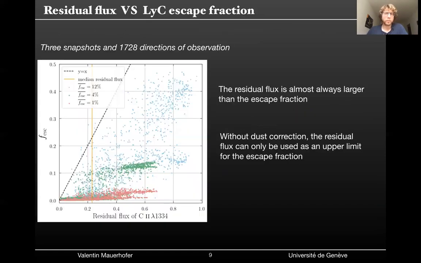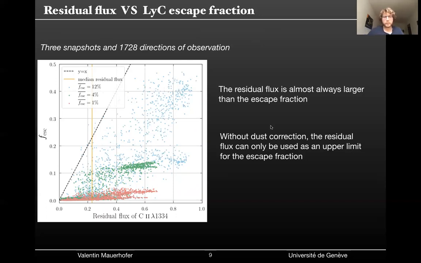And here is a plot where we have 3 snapshots, and we plot the escape fractions and the residual flux in many directions of observation. And we see that the points are always on this side, so the residual flux is larger than the escape fraction. So like this, the residual flux cannot be used as an upper limit for the escape fraction. But we argue that one thing we have to do to improve this is to apply a dust